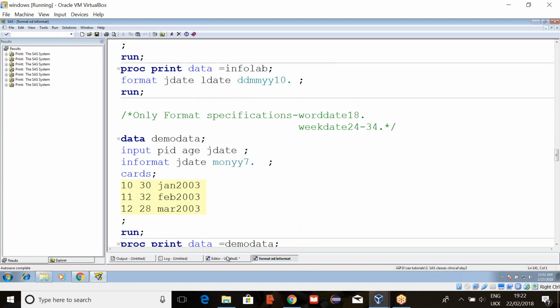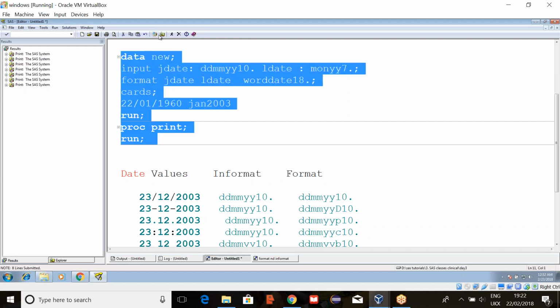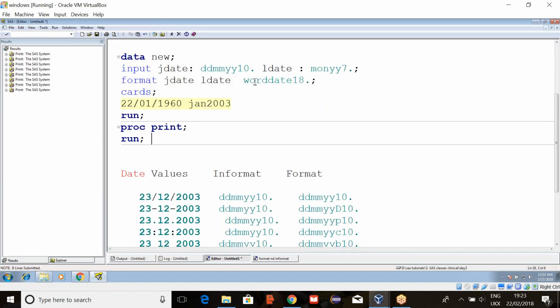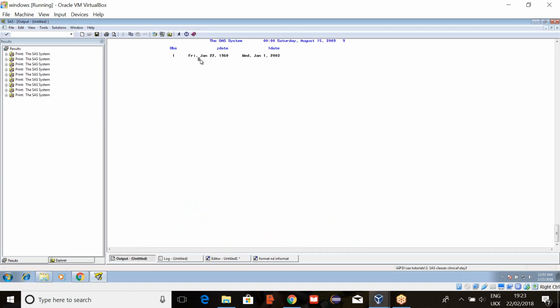Okay. Along with this, we also had word date and week date. Word date means here, suppose if you write word date 18 dot, it will print in words like this: Jan 22nd, 1960, January 1st, 2003. Week date means it will print in what week it falls also, like Monday, Tuesday, or Wednesday, like this. See, Friday, Jan 22nd. Here, if you observe, it is not printing completely, right?